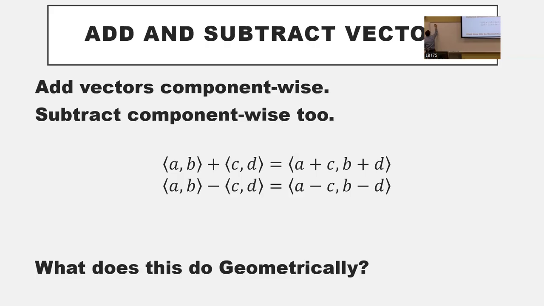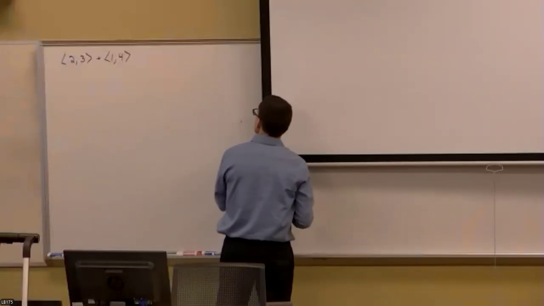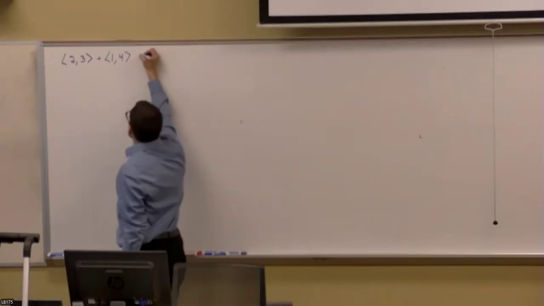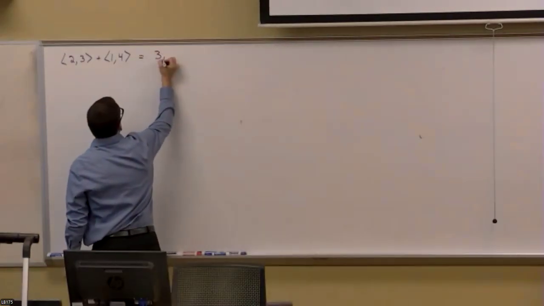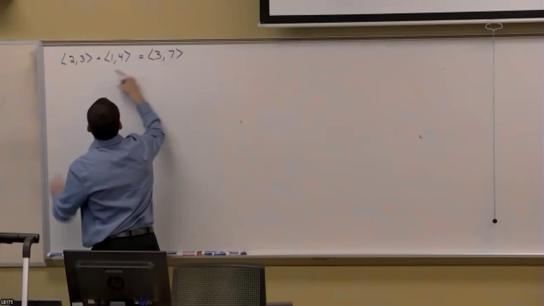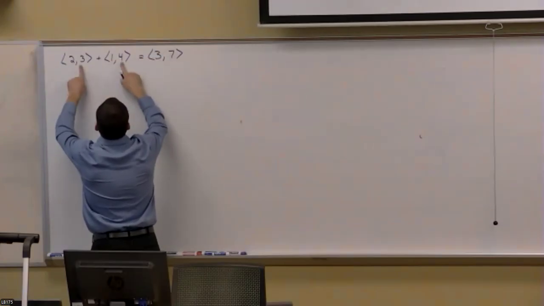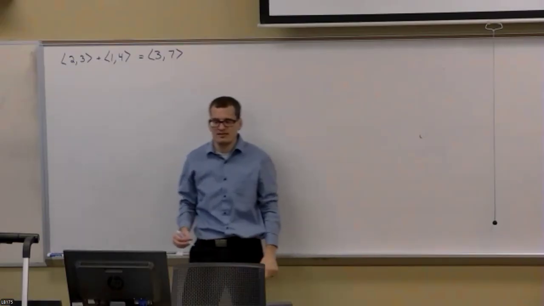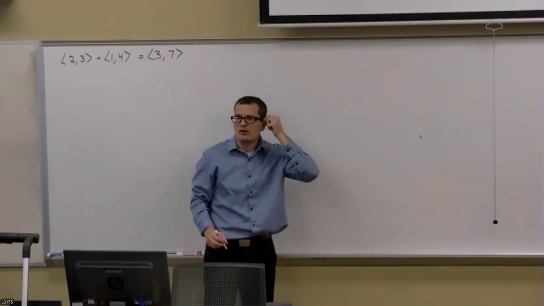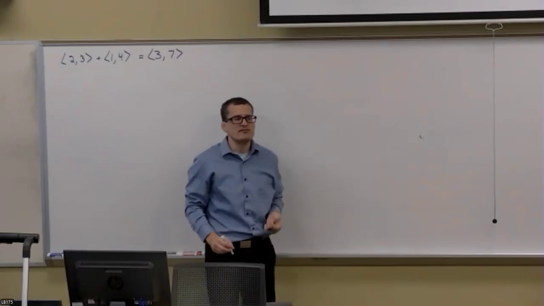So for instance, if I wanted to do 2, 3, and then add 1, 4, for example, what that would give me is the vector 3, 7. 1 and 2 add to give me 3. 3 and 4 add to give me 7. One way of viewing this